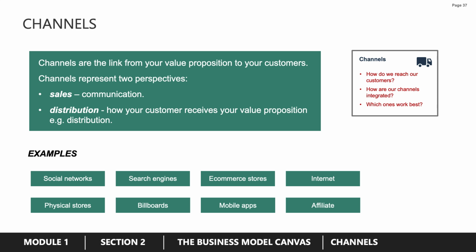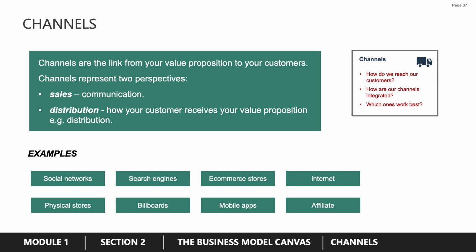When we look at channels, what we're looking at is how we communicate with customers. How do we reach them? The second part of channels is distribution. How does our customer receive our product or service? That's distribution. So some examples of this, for instance, in terms of how we reach customers, can be things like